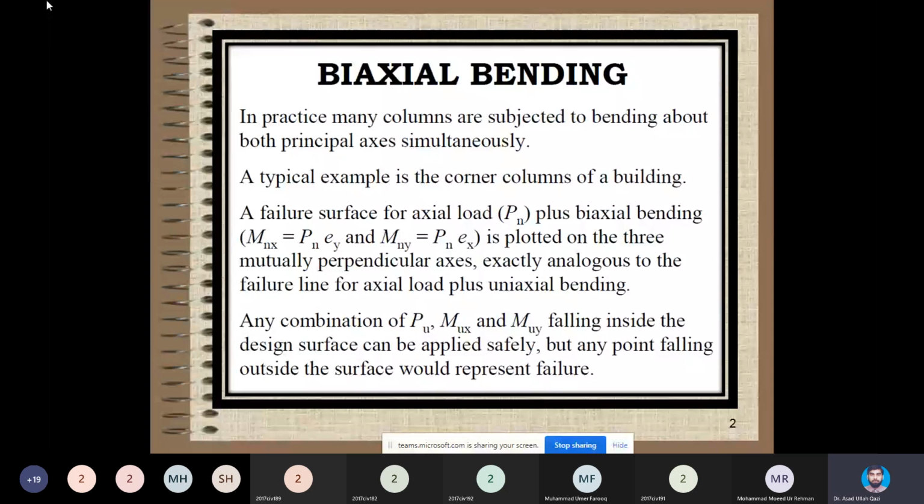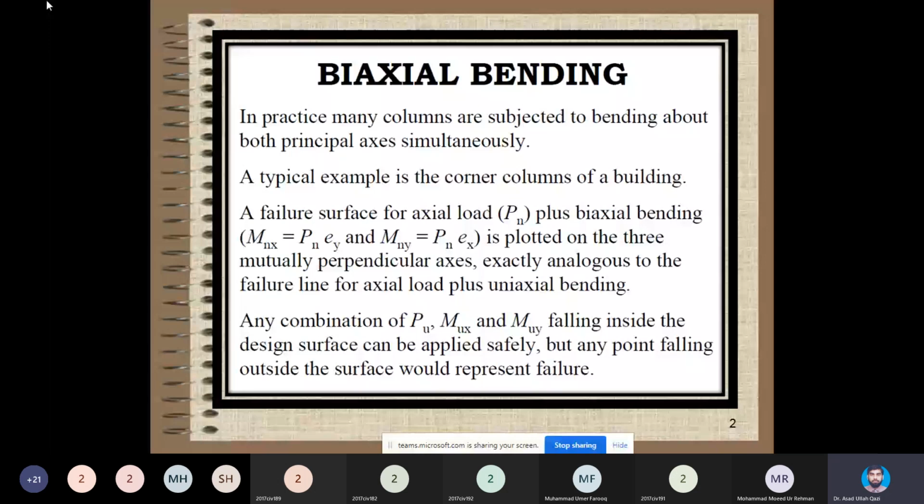So in this paragraph, we want to explain that, unlike a column under uniaxial bending, where we saw the interaction between load and moment and drew the capacity curve, the ultimate load versus ultimate moment line,